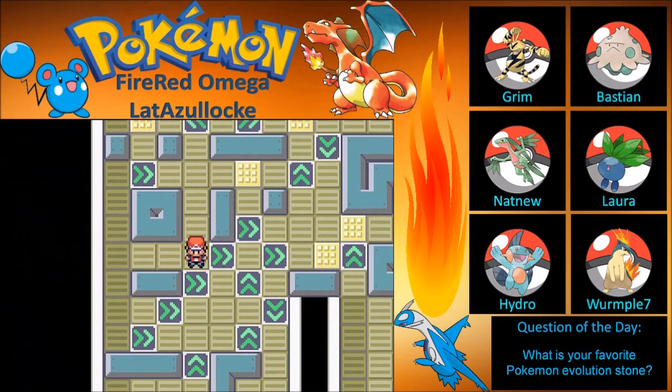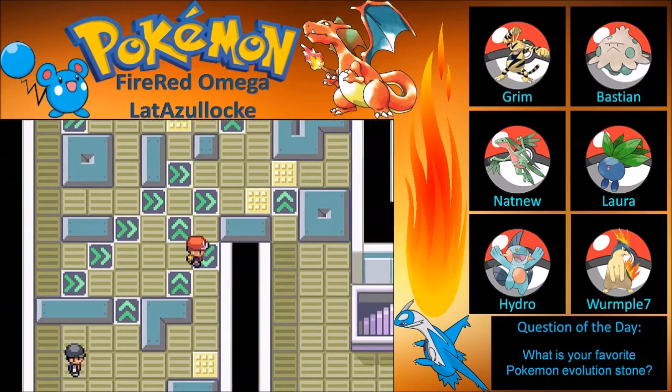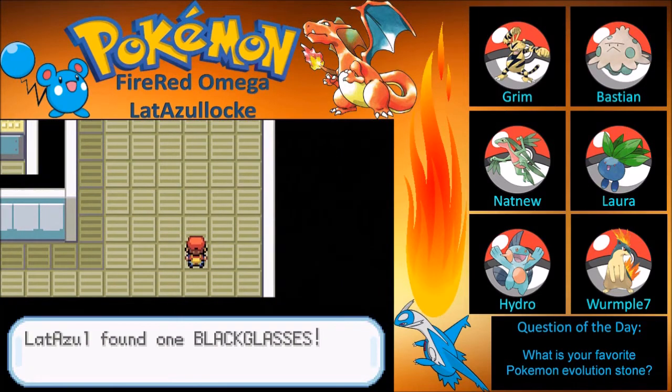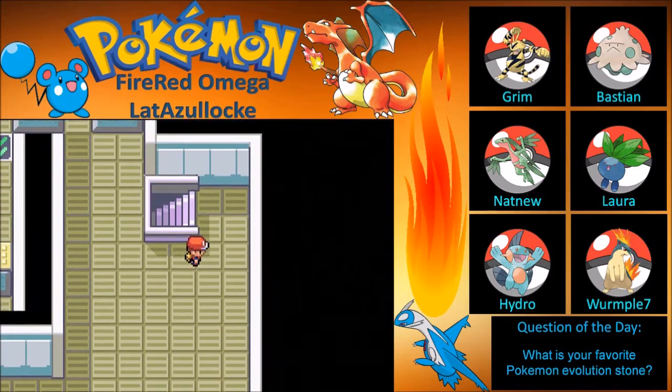Okay, let's see if we can get to... I think we might have to battle this guy, I'm not positive. I don't think we do, actually. Yeah, we don't. But we can get these black glasses right here. These black glasses are kind of nice, and...